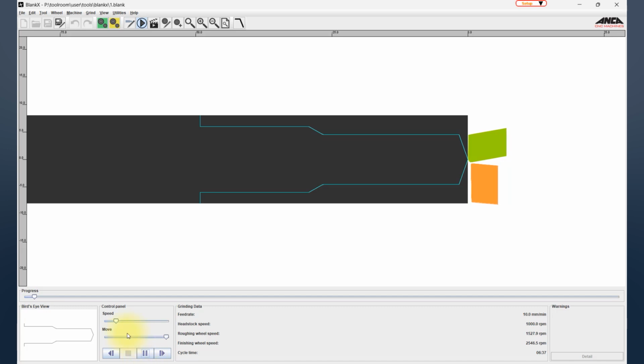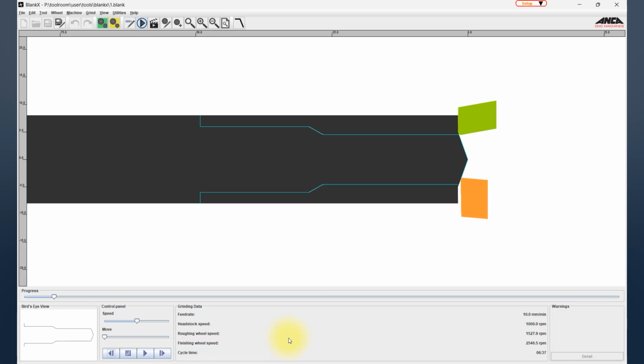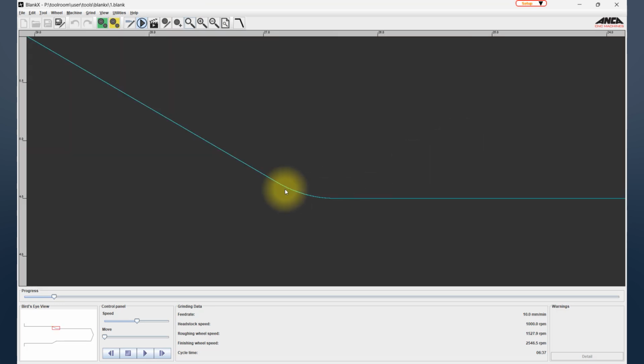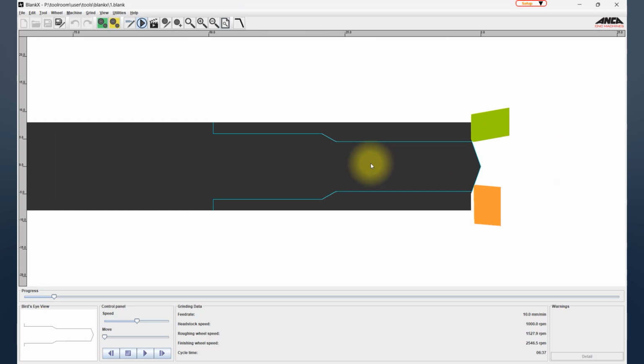By dragging the progress button, we are clearly able to see the simulation, or you could run it automatically by pressing the play button, but you may want to increase the speed if required or stop it, plus also jump to the next segment as shown here, or you can also go back if required. Additionally, on top here we have the zoom in and the zoom out selection, along with the home button, and also you have a window zoom as well available. For example, if you want to zoom into this section here where there's a radius, that is how you do it.